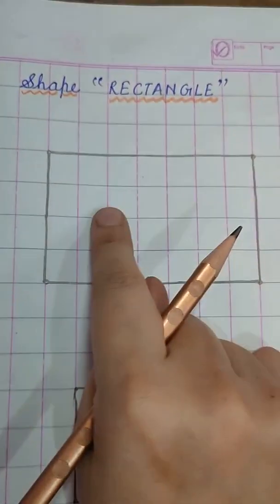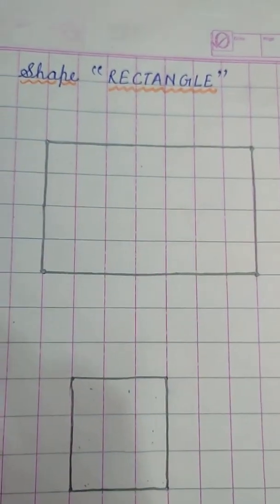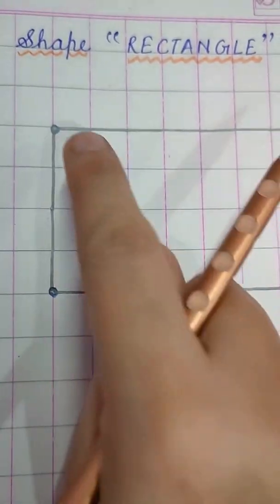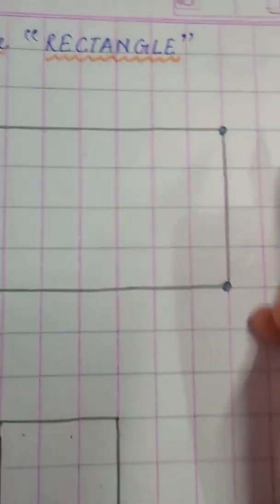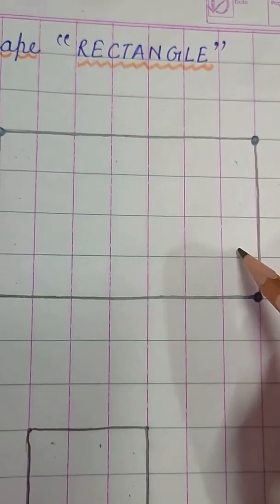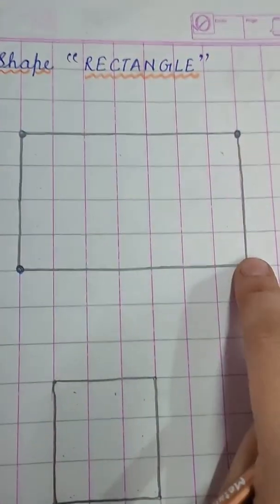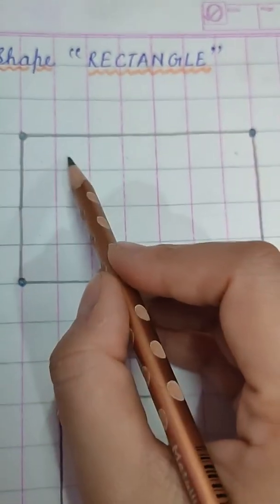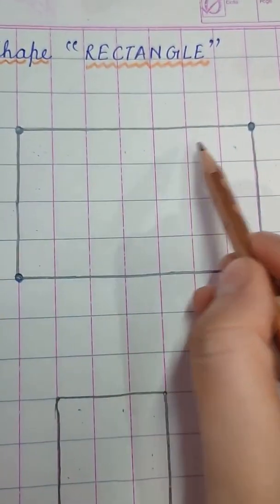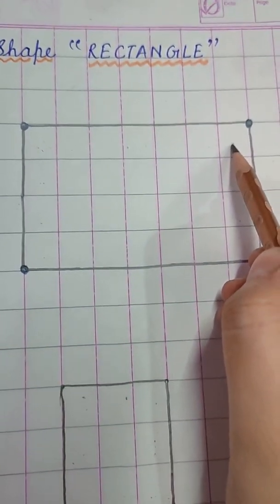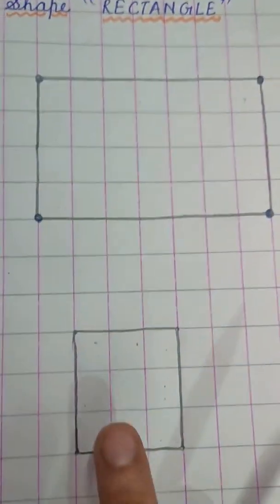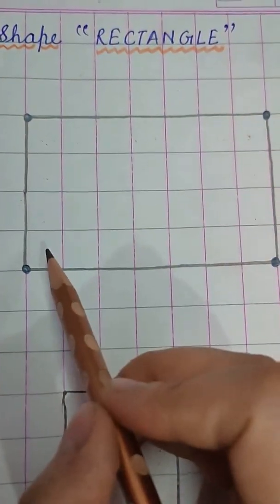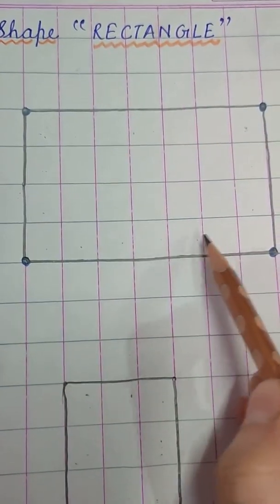Now I will show you the sides of rectangle. So let's count 1 2 3 4. This side 4 box and here 1 2 3 4. Here also 4 boxes. Now let's count the box which are on this side. 1 2 3 4 5 6 7. ओके, यहाँ पर 4 बॉक्स नहीं है, जैसे कि स्क्वायर शेप में हर जगह 3 बॉक्स थे. 1 2 3 4 5 6 7.